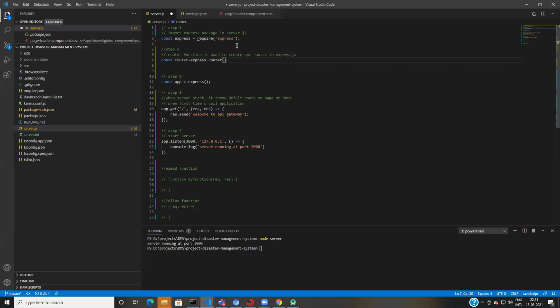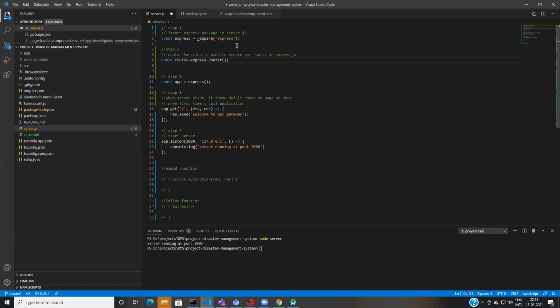Simple. Step 5 done. I have used the router function so that I can create routes, API routes, or in short, I can create APIs. So let's create our first API.